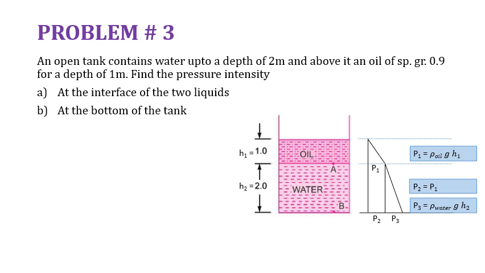An open tank contains water up to a depth of 2 meters, and above it an oil of specific gravity 0.9 for a depth of 1 meter. So from this statement you must be able to draw the figure. An open tank with water up to a depth of 2 meters, and above it an oil of specific gravity 0.9 for a depth of 1 meter. So find the pressure intensity at the interface of the two liquids, that is at point A and at the bottom